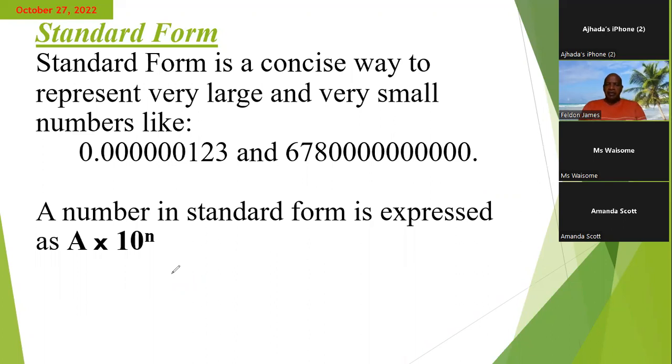Now, when we're finding n, we also have to determine whether or not n is positive or negative. So we will have to follow a process in order to find these two numbers. So I'm going to go ahead and write the second one, which is the 678 with 10 zeros behind it. I'm going to write that one in standard form as an example so that you can see